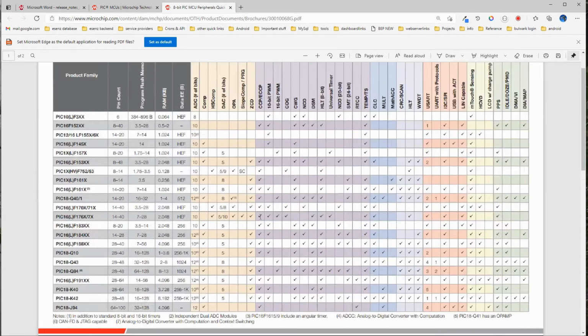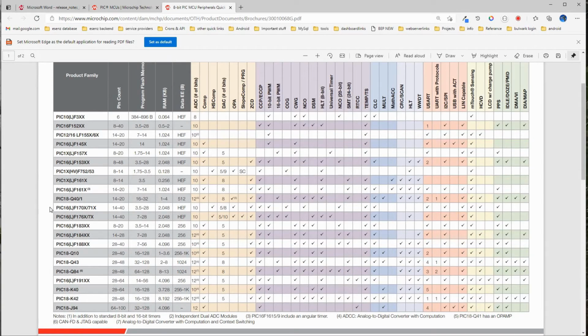If you come here, let's see which to select. We'll not go with PIC12, we'll go to PIC16, not PIC18. By the end of this course, I will show you how to use an LCD, that is 16x4 line displays, UART, I2C, relays, sensors. So let's select one where the pin count is more than 20 and less than 50.